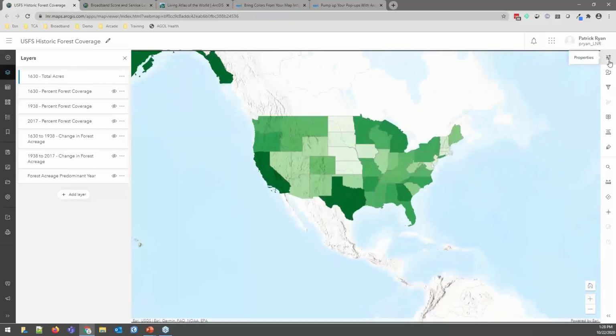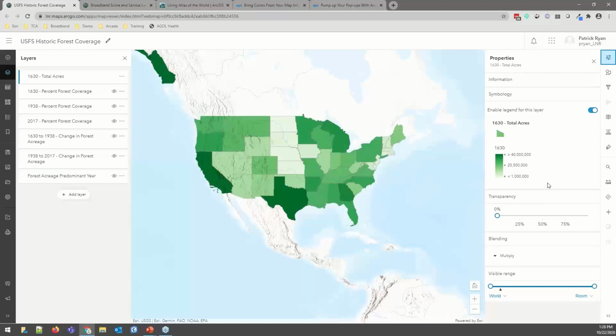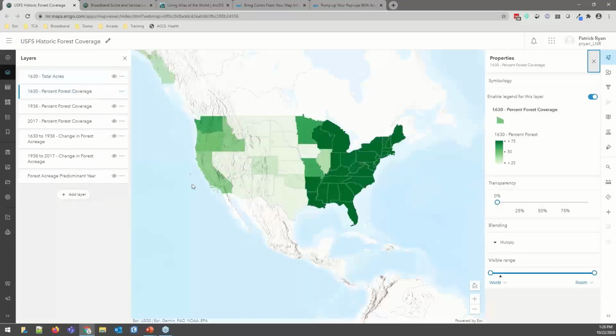Visualizing on this data, however, can be very misleading. Here we're looking at the total acres in 1630. And we would think that Texas and California had all the trees and that Vermont was not yet the Green Mountain State. A more meaningful way to visualize this data would be to look at percent forest coverage, which we